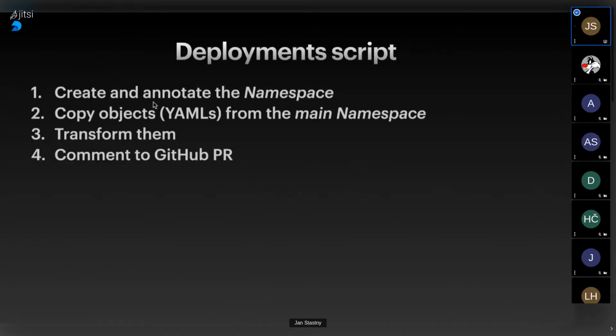What are the insights of the deployment script? How does this work? What does it do? As I've already mentioned previously, we built all of this, or most of this, on the fact that Kubernetes is nicely organized into namespaces. So we create and annotate a namespace for each review application. Annotations are a feature of any object in Kubernetes.